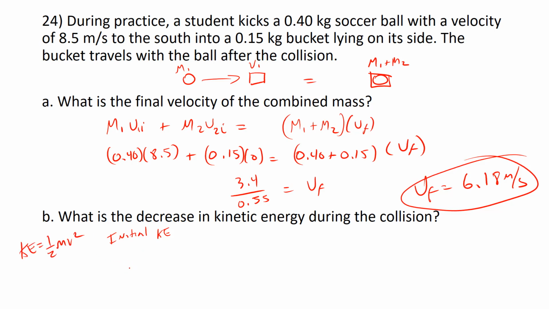Initial kinetic energy was 1/2 times the mass, which was 0.40, times the velocity, 8.5 squared. And so that's 8.5 squared times 0.4 times 0.5. So our initial kinetic energy was 14.45 joules, and then afterwards,